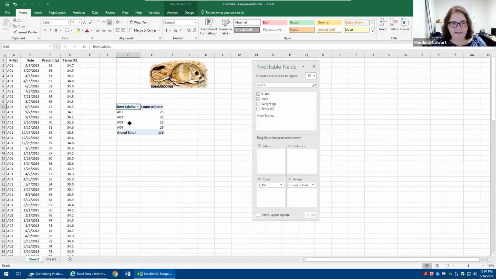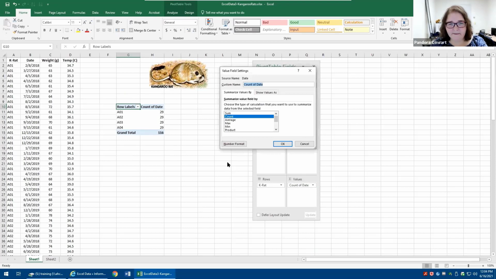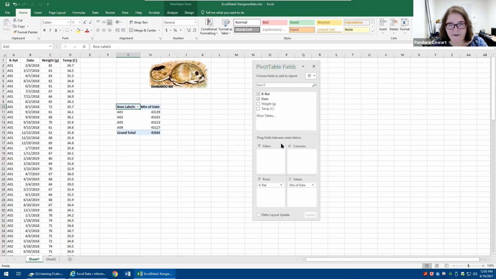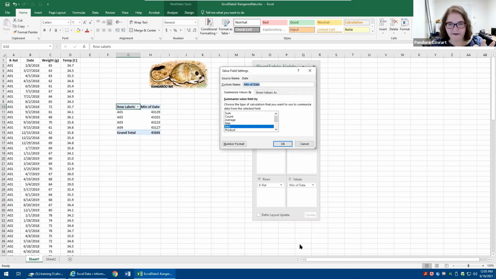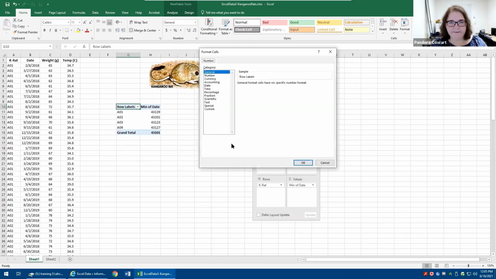So here in my pivot table, if I want to see the first date each rat was checked on, I would not count them. I would find the minimum. So in the pivot table field list, clicking on count of date, coming down to value field settings, I want the minimum date. When I click OK, it just turns it into these 43,000 numbers. I need this to be formatted that way. So value field settings, number format, date,